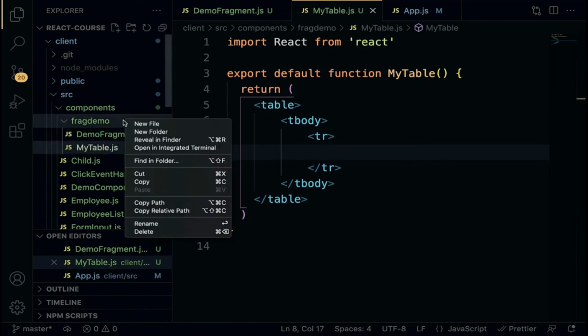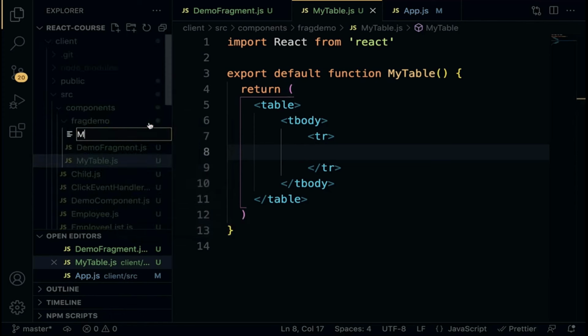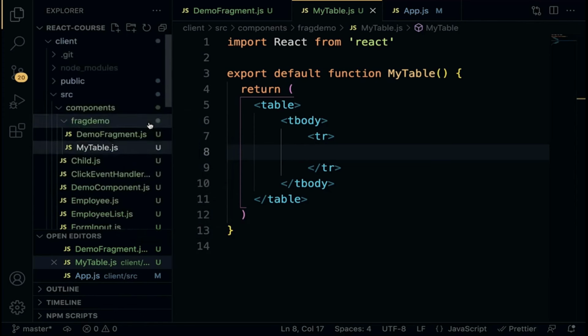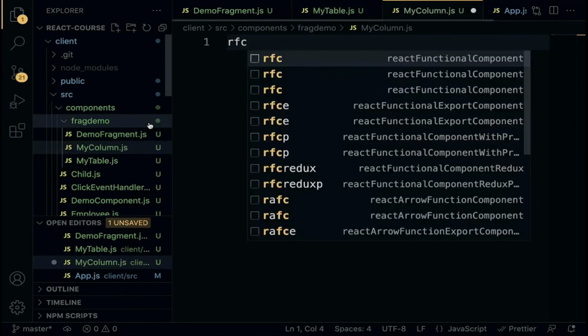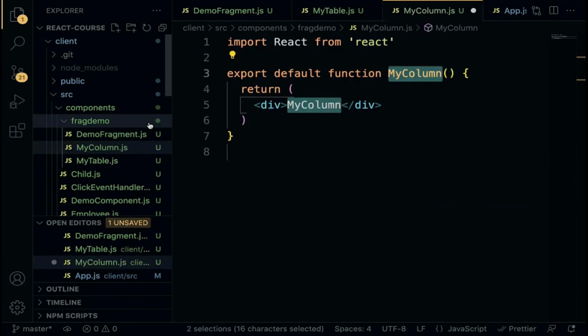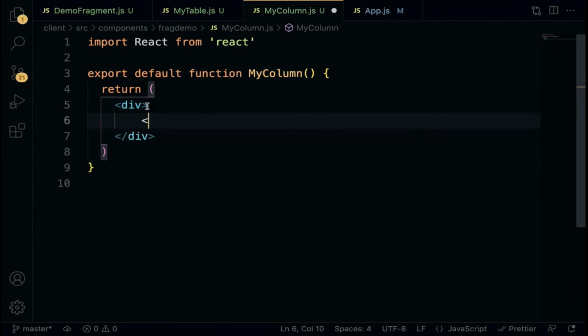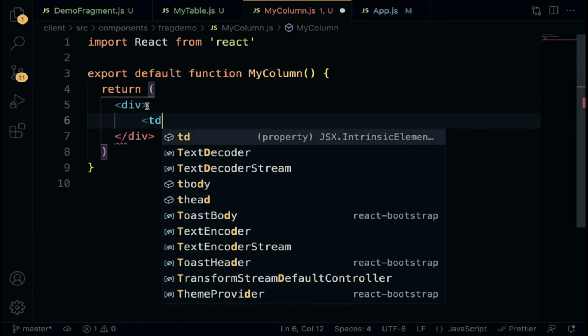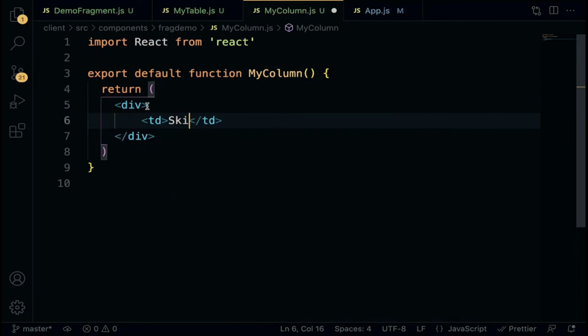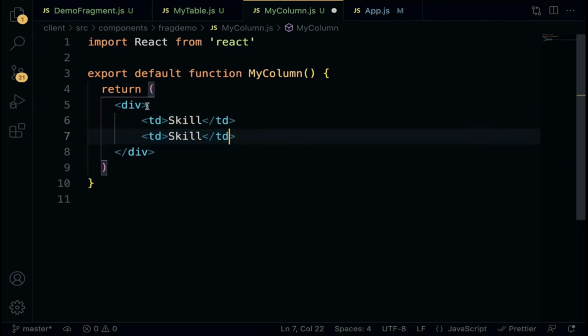Right-click on Frag Demo, New File, mycolumn.js. RFC to generate the functional component. Close down the Explorer. So right within this div, we are going to have the table data. And here I'm going to have skill, highlight, duplicate it. So here I'm going to have